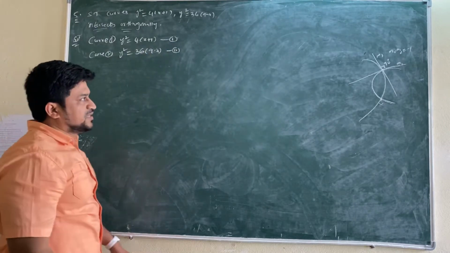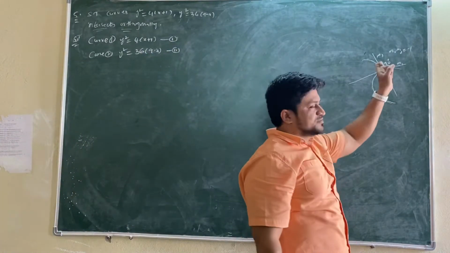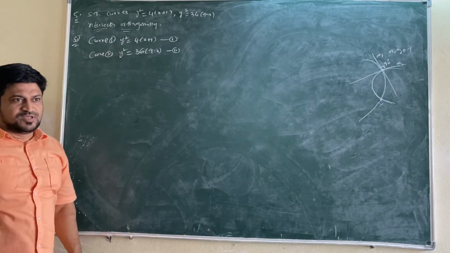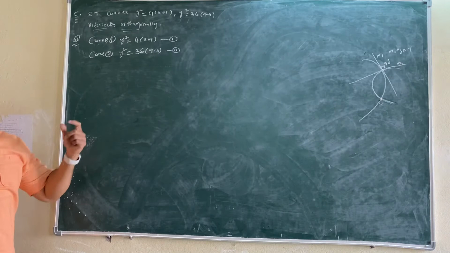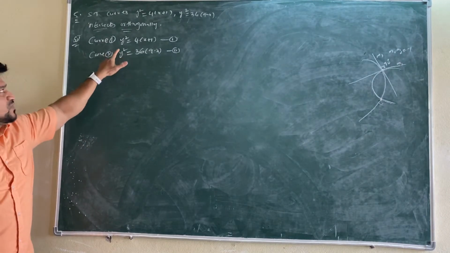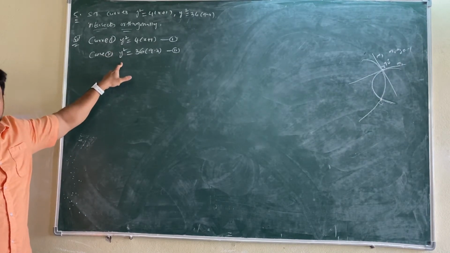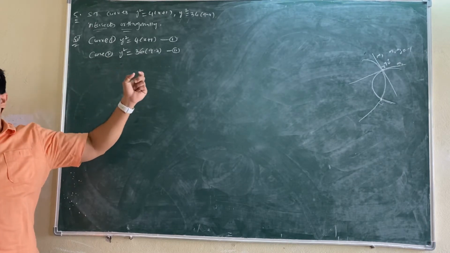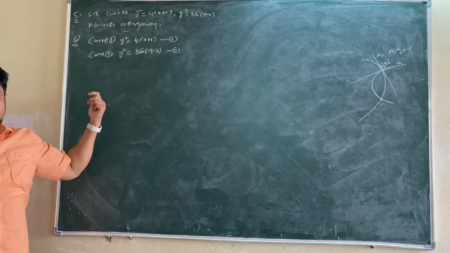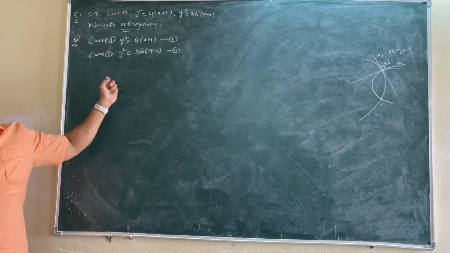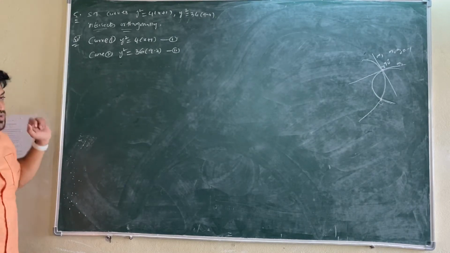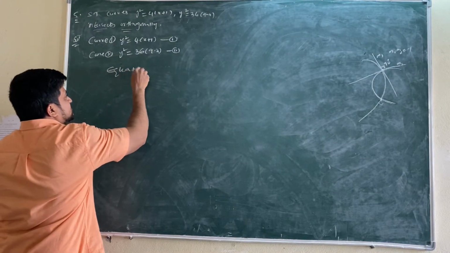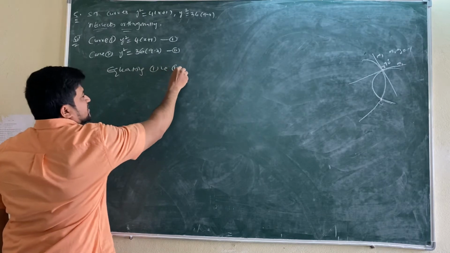We need the points of intersection first. To get the points of intersection, we have to solve these two. Now, solving means the equation type is not given to us. Y square is common, so we will equate them to get the answer. If the equations are in the form ax plus by plus c, with another a1x plus b1y plus c1, then we can solve them. Here it is not possible. So we will equate 1 and 2 to get those points.